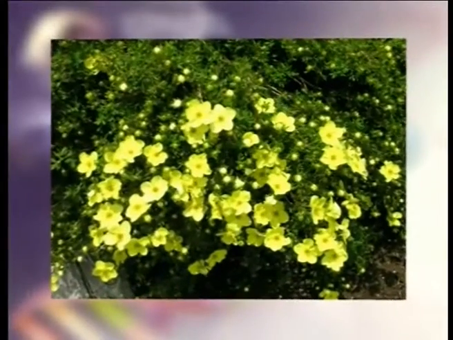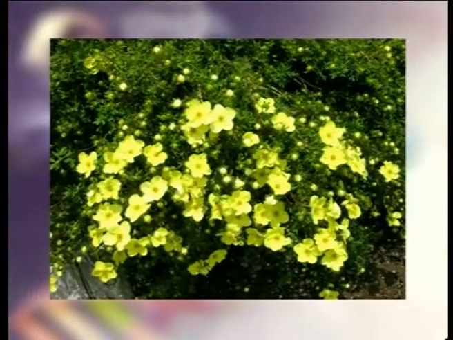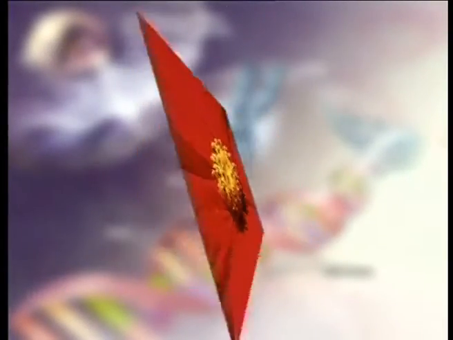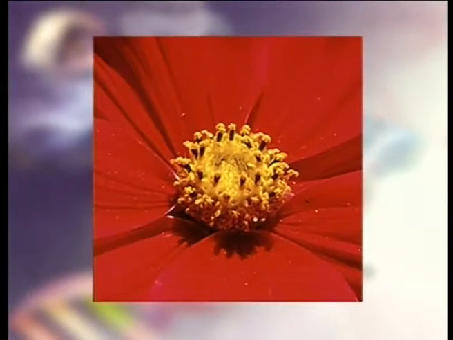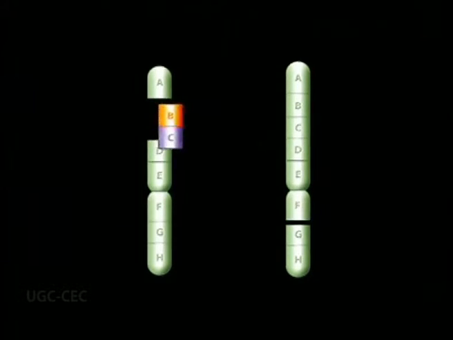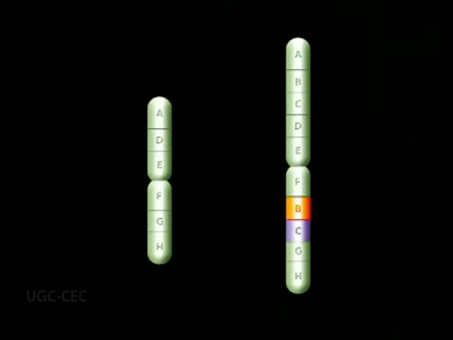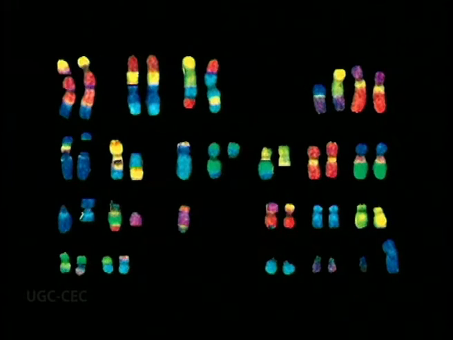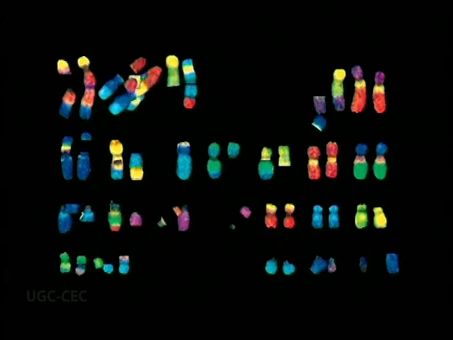That is, a change in the phenotypic expression of one or more genes as a result of a change in position in the genome. Dear students, as far as the origin is concerned, all four classes of structural chromosomal alterations result from breakage and improper rejoining of chromosome fragments or from illegitimate recombination events.